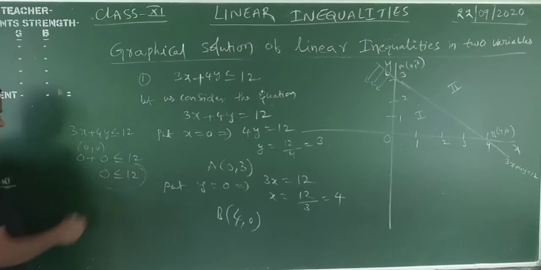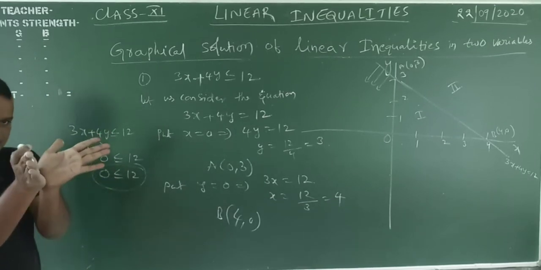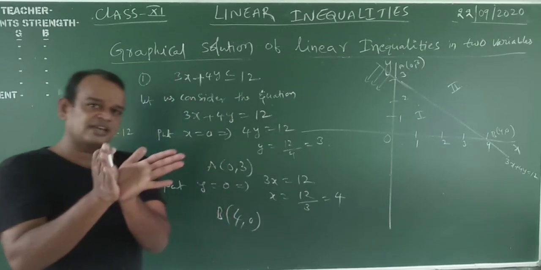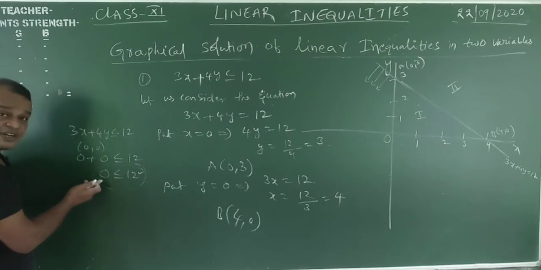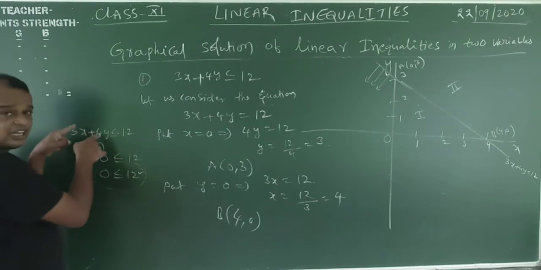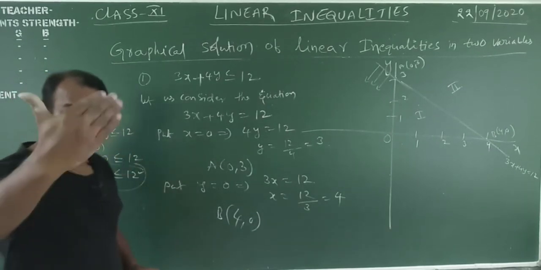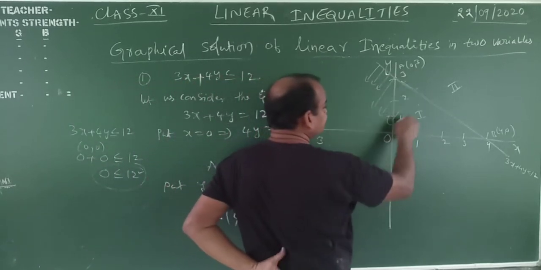Whenever 0 is less than or equal to 1, the condition is satisfied or not? Here, whenever the symbol, see here, two arrows, the side which is open is the bigger: 0 is less than or equal to 12. Here 12 is bigger compared to 0. Condition satisfied. Whenever you substitute 0 comma 0 in the given inequality and the condition is satisfied, the graph is towards the origin, and the shaded region is in this way.